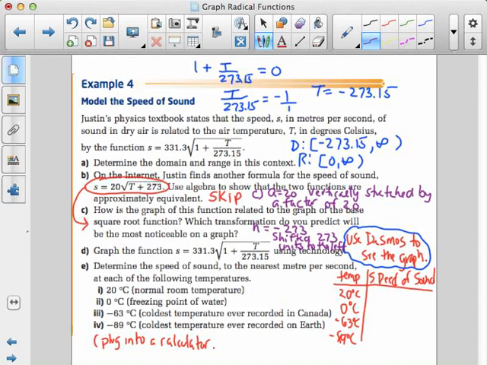So D you can do on your own. And then let's look at E. I did round all these values. I did not include all those decimals. And it's just a plug and chug. You plug it into a calculator, you hit enter, and you get an answer. But let's look at the values and see what we notice. If I plug in 20 degrees, which is normal room temperature, I get 343 meters per second. If I plug in 0 degrees, which is the freezing point of water, I'm going to get 331